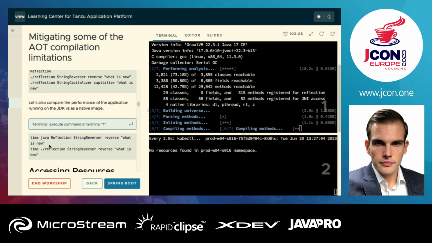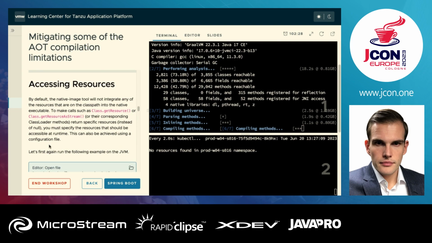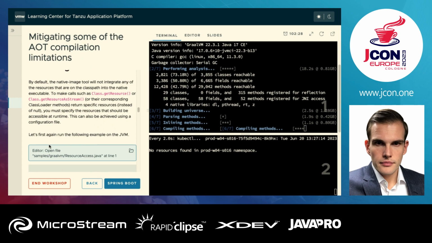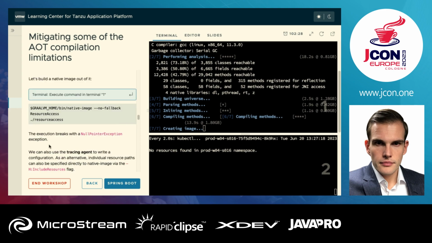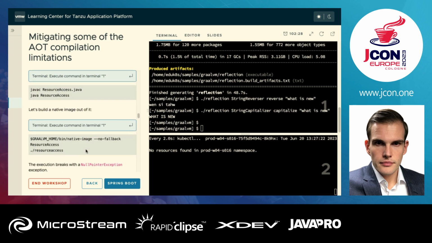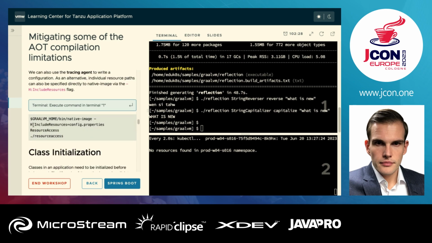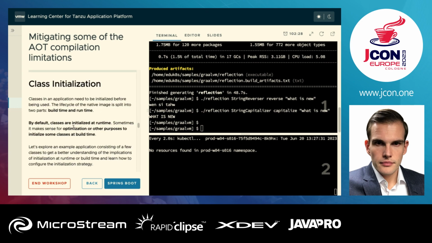This will also take some time to compile. And you can also see in the meantime, for things like assessing resources on the class path, to get them on the class path, there is a special command for the resource access in a way. Where is it? Here you can use the include resources. And there's another thing called class initialization, because by default, ahead of time, you can have the choice between